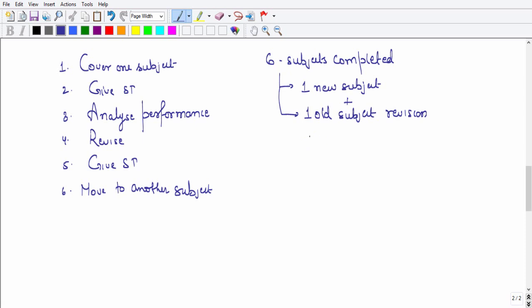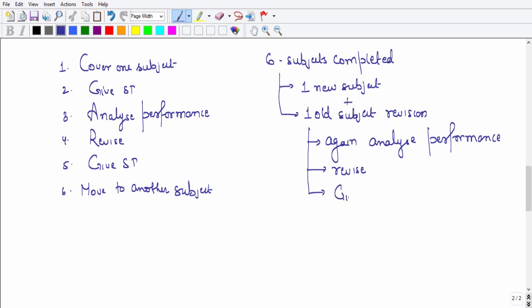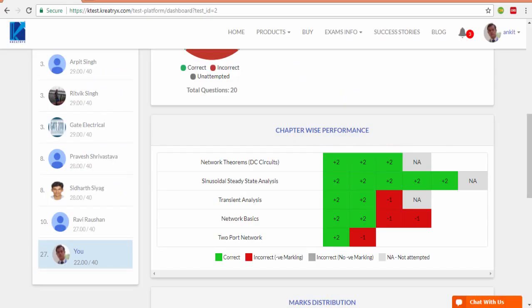And at that time, again analyze your performance. And then revise. I have already told you the strategy for revision. And then give a subject test. This is what you have to follow in order to improve the knowledge of each and every subject that you are facing in GATE.